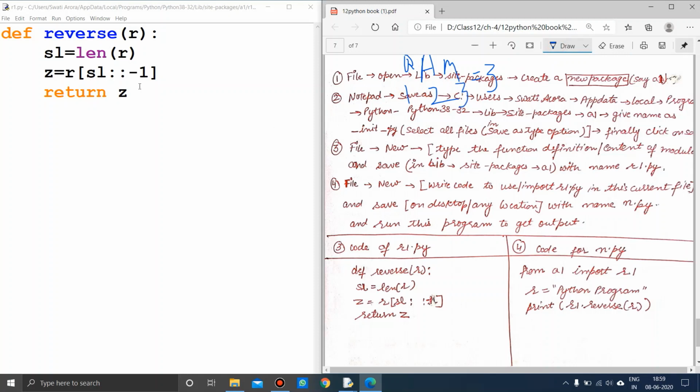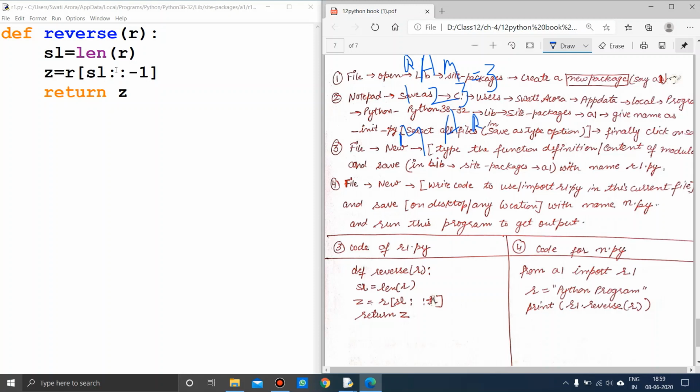So 3 minus 1 is 2, the cursor comes here and takes A, then minus 1 it points to R. In this way we are moving from the reverse to the front position. So Z will have M A R this way. Z will contain the reverse of the string.